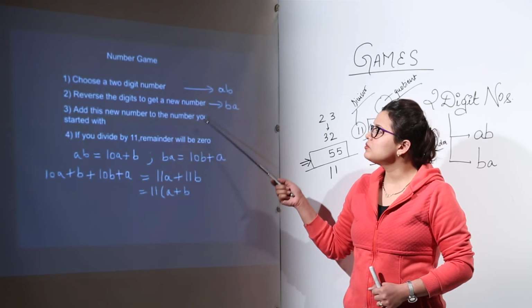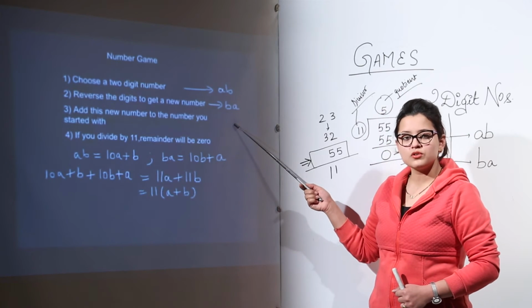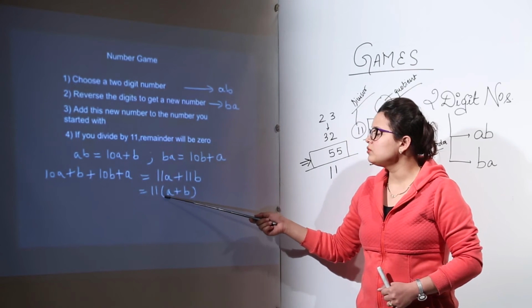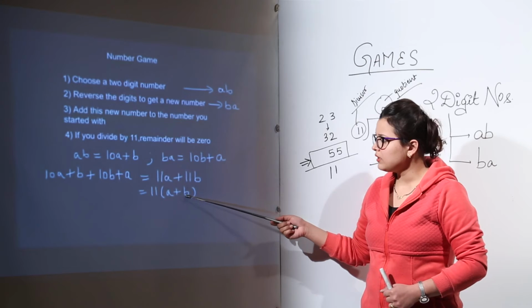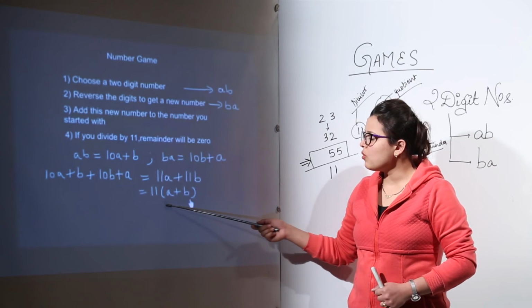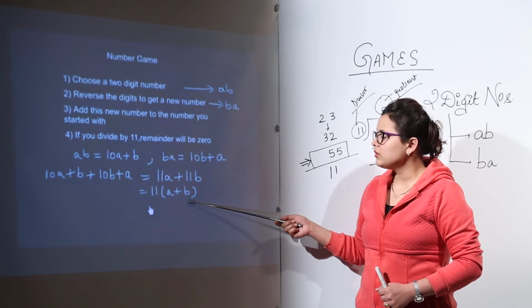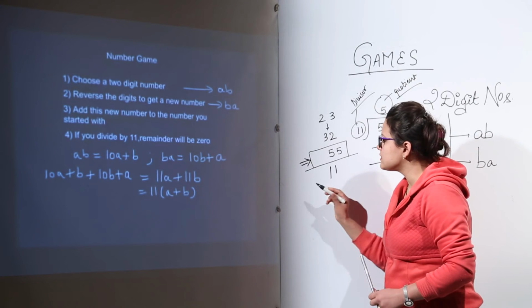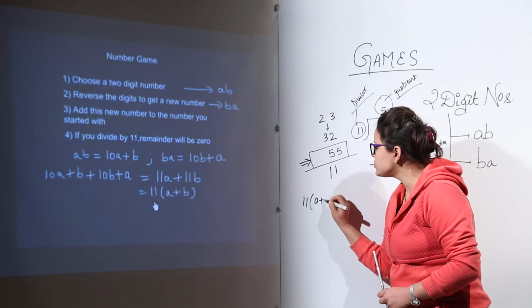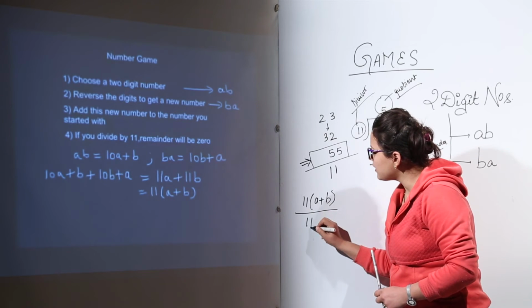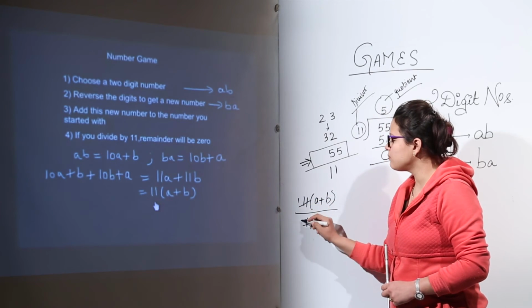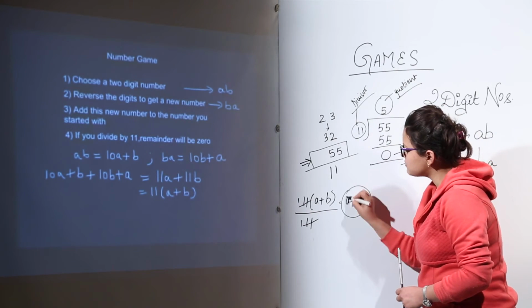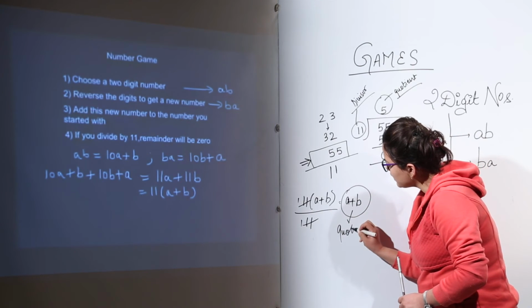So that means when you chose a number, you did the reverse of the digits and added them both, over here you got 11 into A plus B. Now here, if you divide this whole number with 11, you can clearly see the 11 and 11 getting cancelled. Now if the 11 gets cancelled, what will be your quotient? This is your sum. I divided with 11. The 11s get cancelled by 1 ones. What are we left with? A plus B. That means A plus B is my quotient, right?